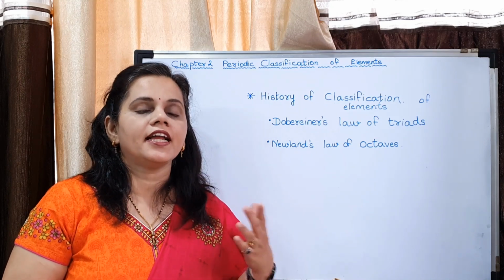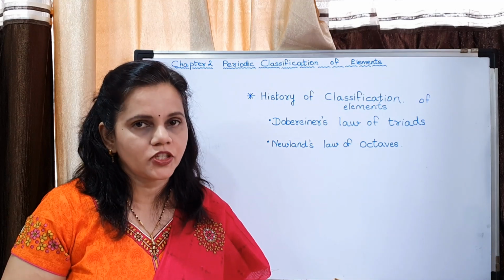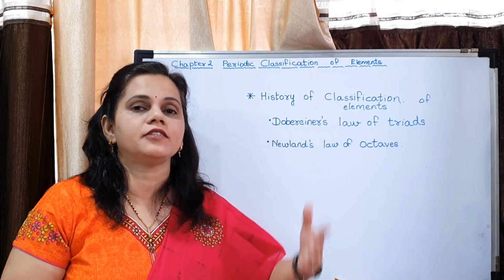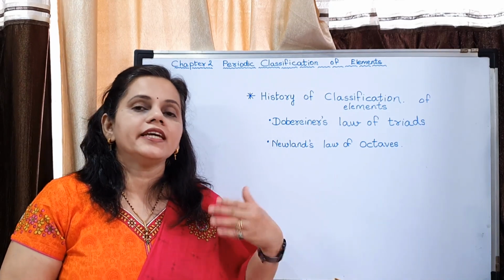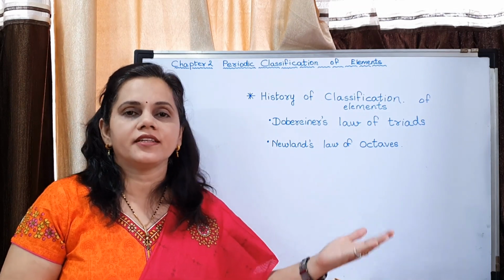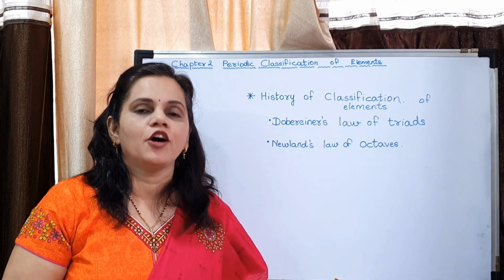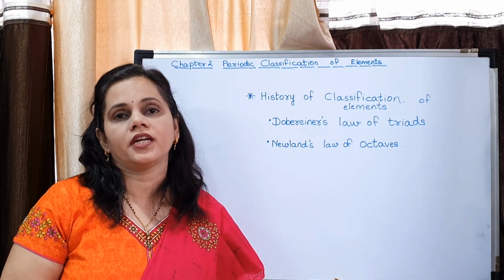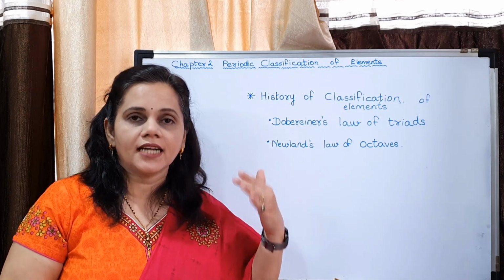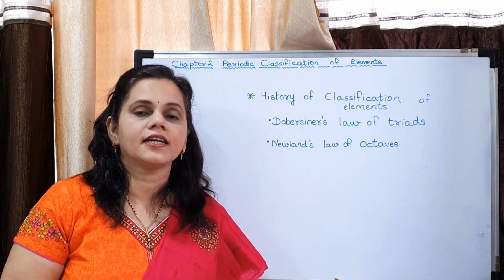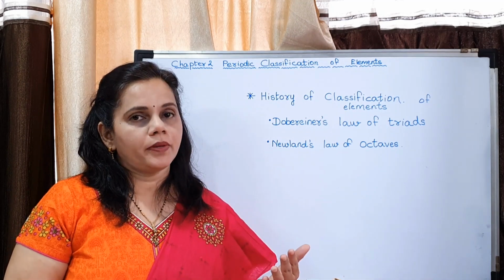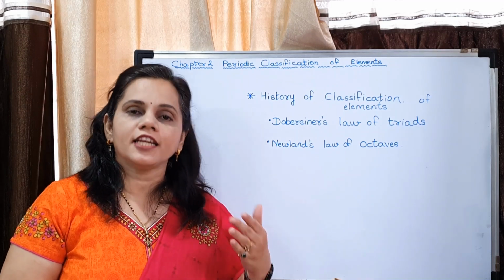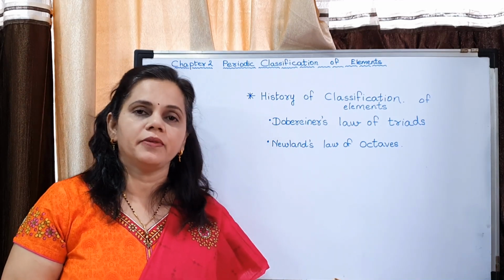What is an element? Element is the purest form of a substance. Any substance is made up of one or more types of elements basically. Okay. Now these elements were discovered one after the other by different scientists. By the year 1800 or so, there were about 30 elements which were known. That means scientists started discovering different elements. The physical and chemical properties of each and every element were studied.